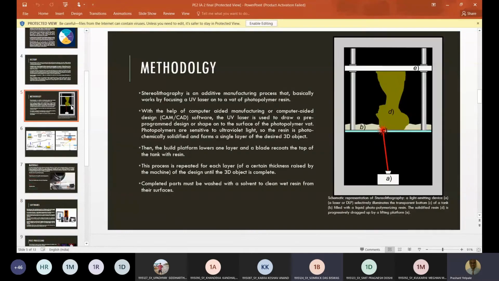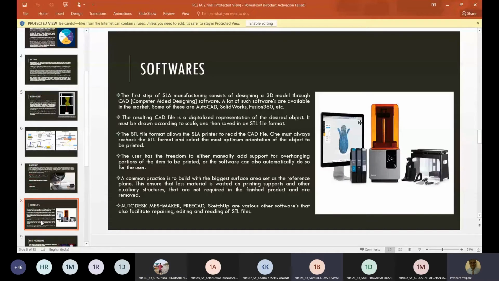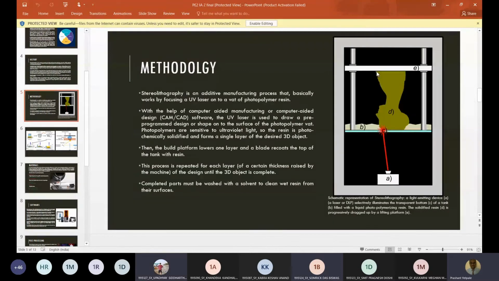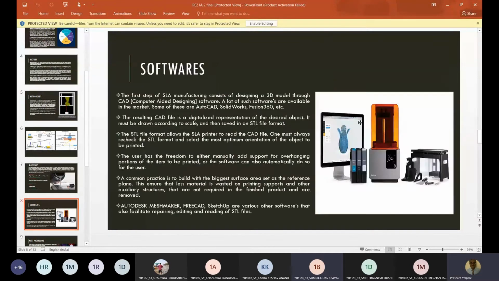For example, sir, in this slide, we need to give some sort of a support structure here, or the head will become too heavy and it will break from here. So proper balancing is necessary. The software allows us to do it automatically, where they just select the biggest plane of the object and then directly drop support structures everywhere. But that leads to wastage of material.